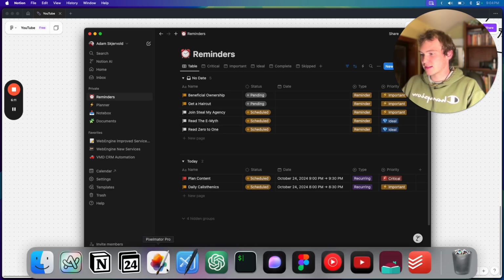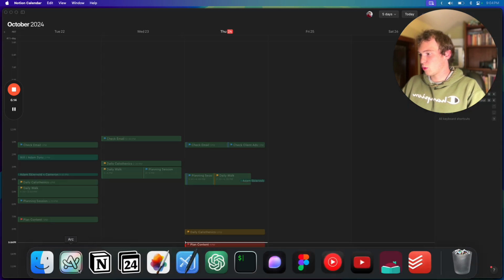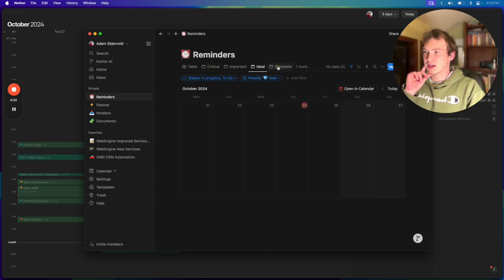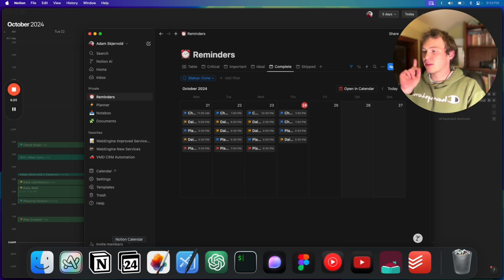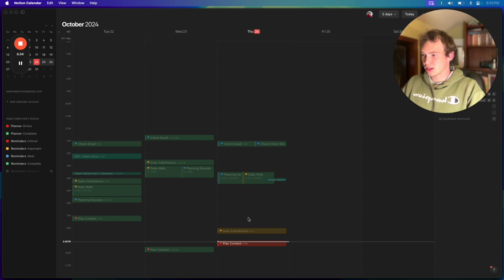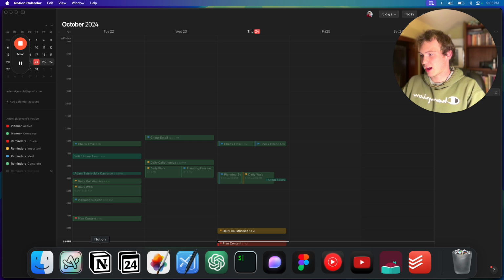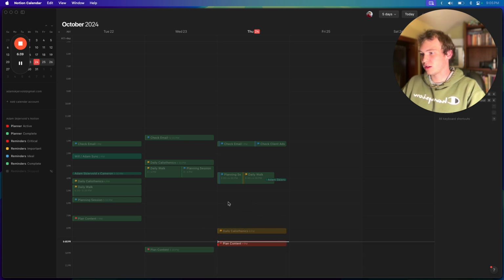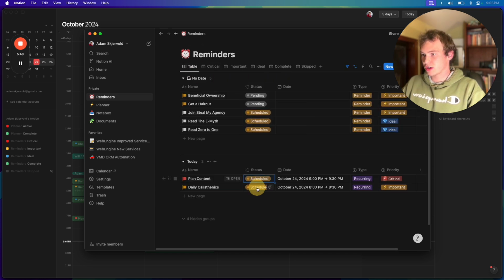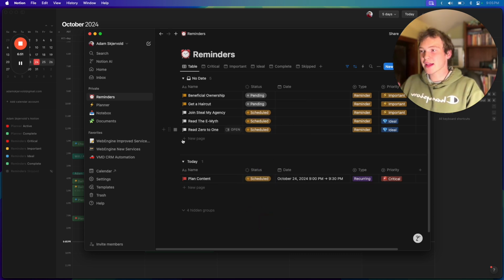And then the other thing is I use Notion Calendar. I used Notion Calendar before and I didn't really understand how to set it up. And this time I realized you can create multiple different calendar views for each database, and then those will create multiple lists in Notion Calendar, and you can color code them then. So then that way everything that's complete is marked in green, and everything that's pending is marked in the regular color. So this is top priority, this is middle priority, and then blue is like, I want to do it. It's ideal. So I'm just going to check off this. But that's the reminders table.